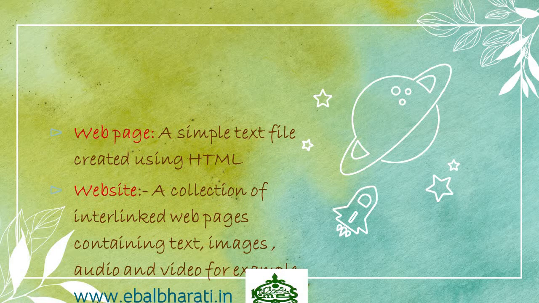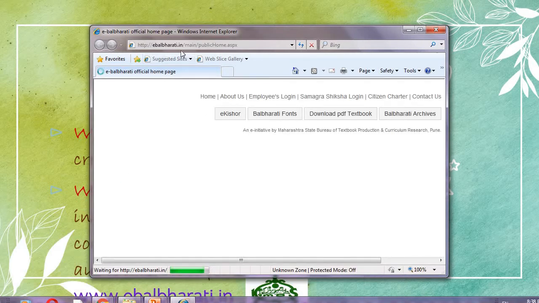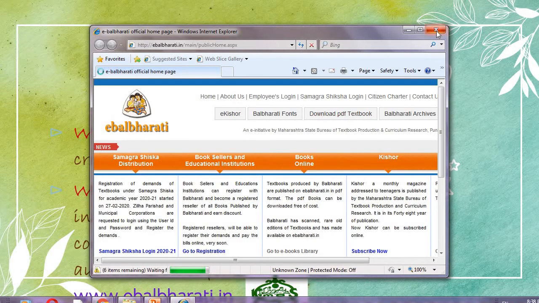Okay, for example, here is a website again: www.ebalbharti.in. This is the address of that website. When you click here, this website will get open. Okay, it is trying to open the website. See here, this is the website.